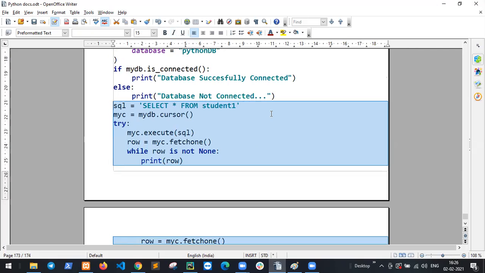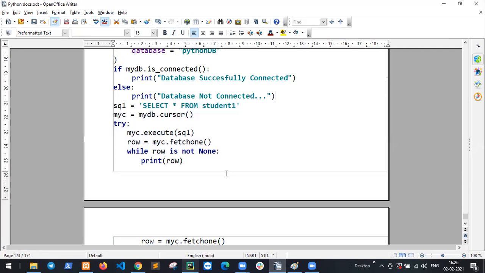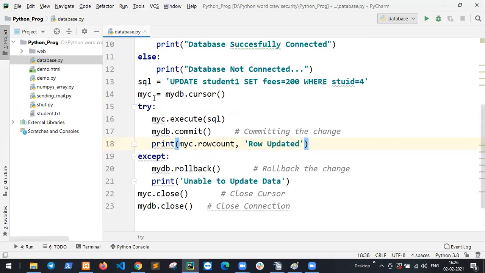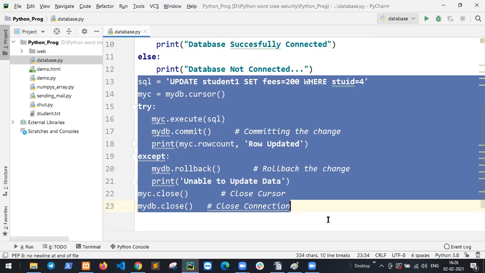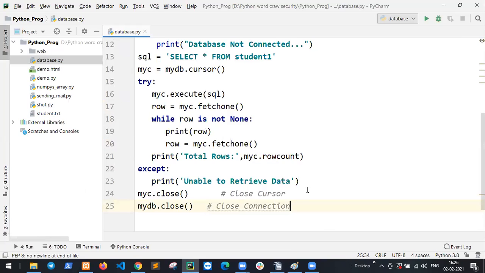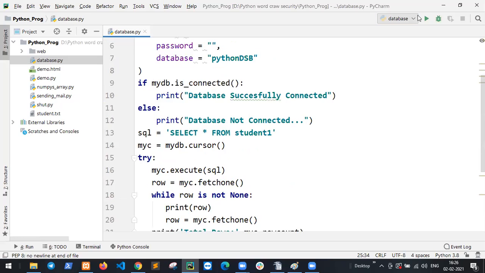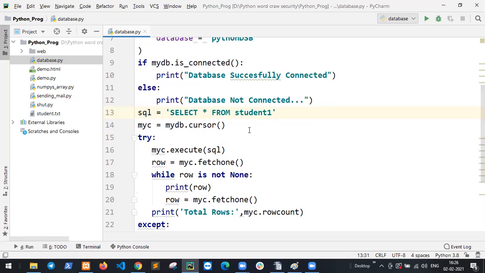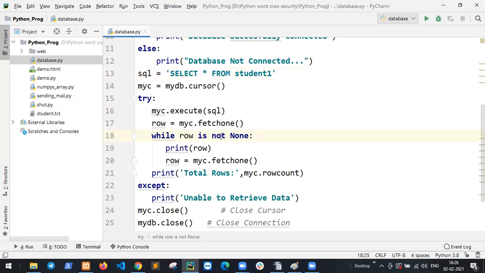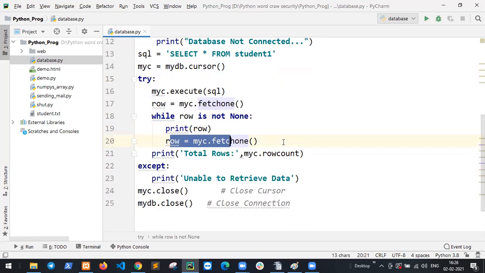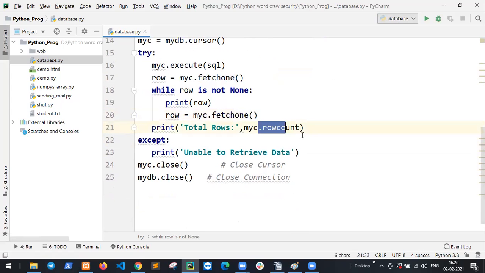If I say retrieve row one by one, SQL select star from student1, mydb.cursor, SQL, while row is not none. So row is printed, and make fetchone. Fetchone, this is your function name. Okay, and count the row and fetch the data.